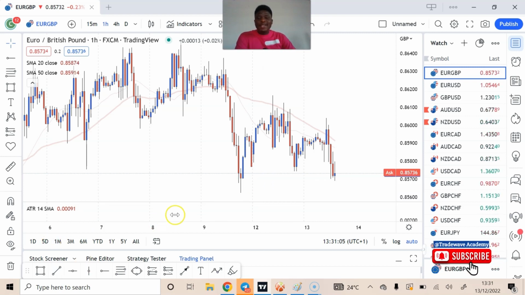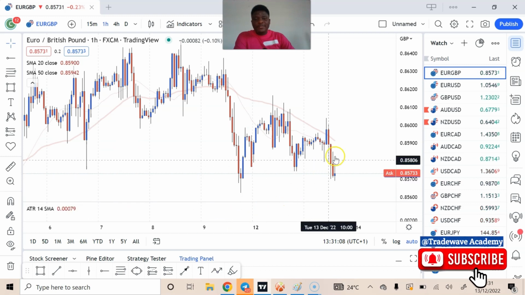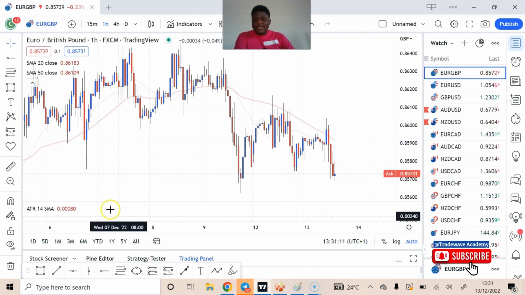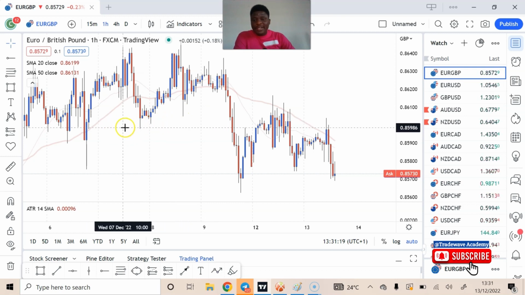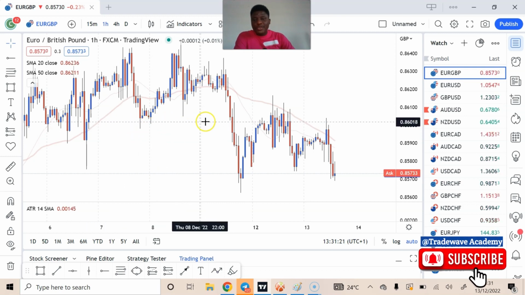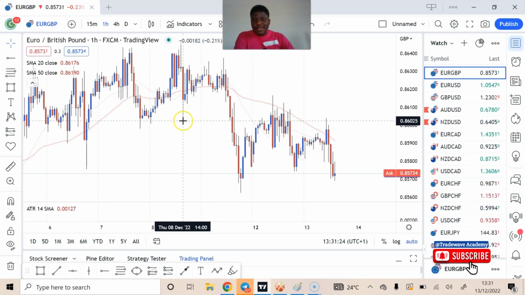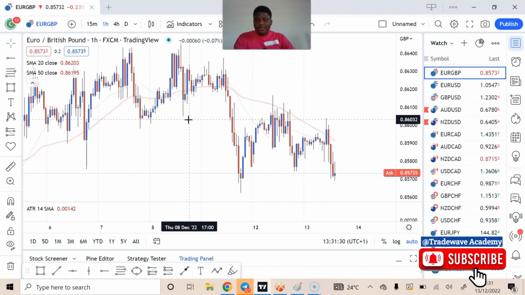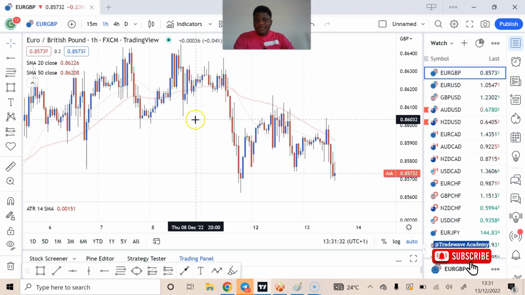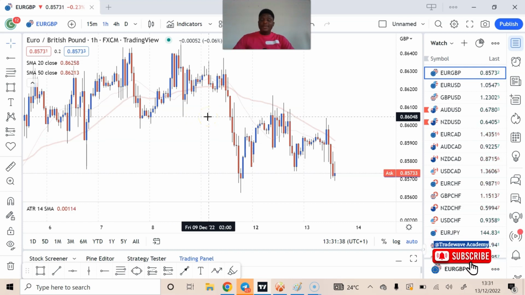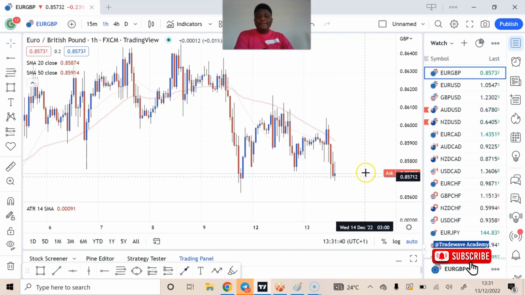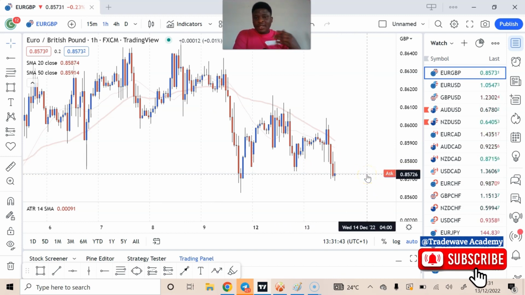Now, for instance, as you can see here, this is where my ATR is, ATR 14 period. If you just keep swiping, the value just keeps fluctuating. At this point, the ATR was 12 pips. At this point it was 14 pips, at this point it was 14 pips too, then it was 15 pips at this point, then it was 11 pips here. So like that. When we get to the end here, as you can see, the current ATR value